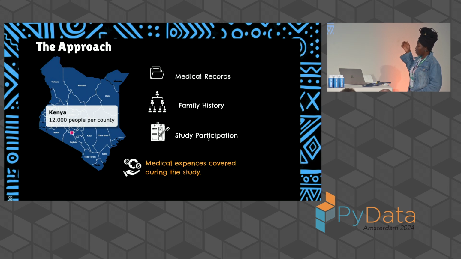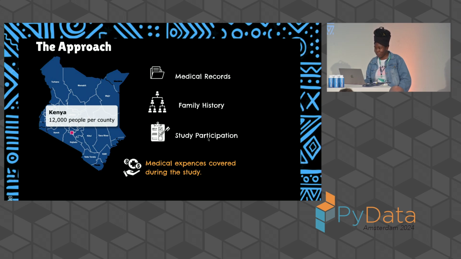When we are working with them, we get into an agreement that we will get access to their medical records, their family history and genealogy, and they participate in studies and do medical tests and all that. And what do they get in return? We cover their medical expenses during this period, and we've partnered with a number of insurance providers to make sure that we keep this cost low,